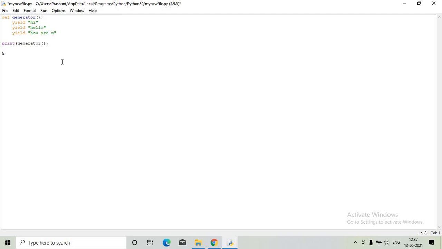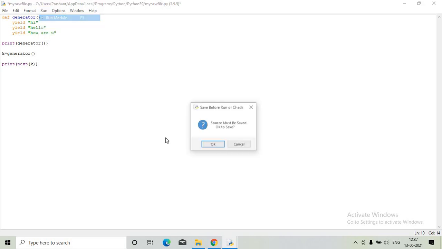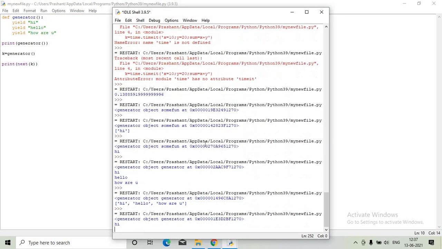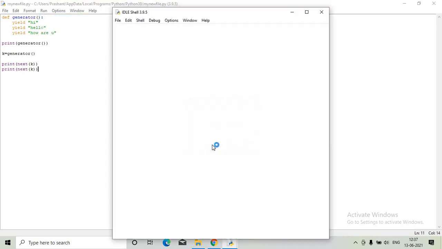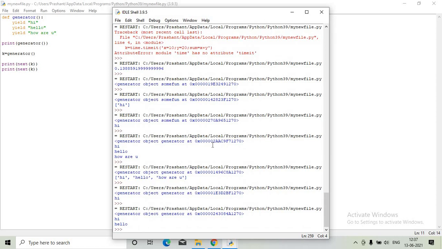So I will say k is equal to generator. I will call this function and store it in some variable here, and I will say print of next of k. Again, if you use print of next of k like this, you can go on displaying the values that are there here.